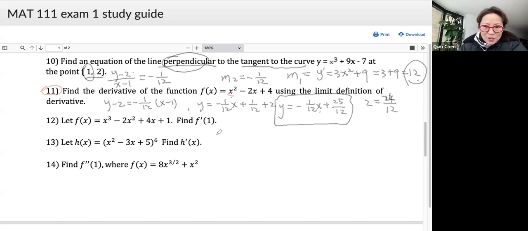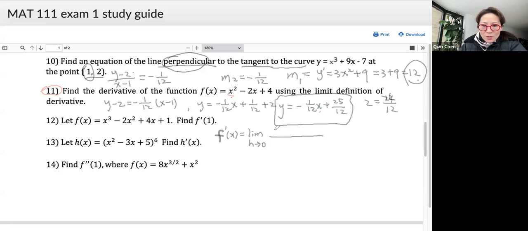So remember the limit definition of the derivative: f prime of x equals the limit, with the dummy variable h approaching 0,